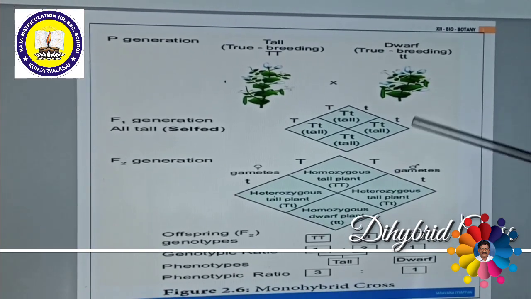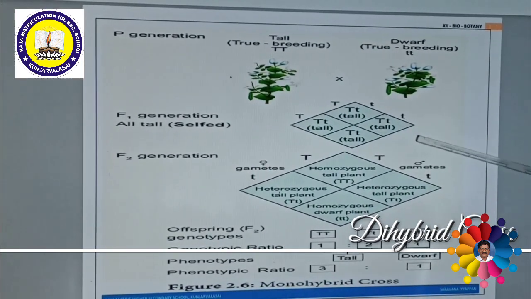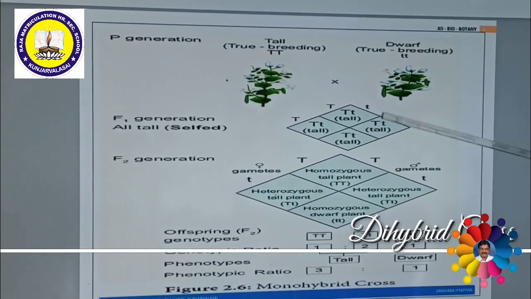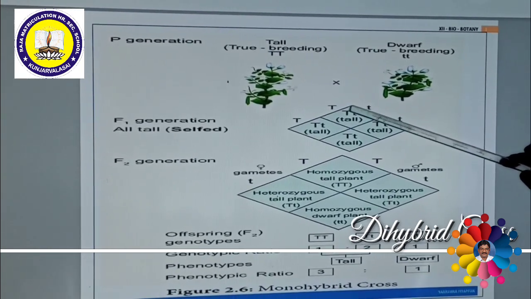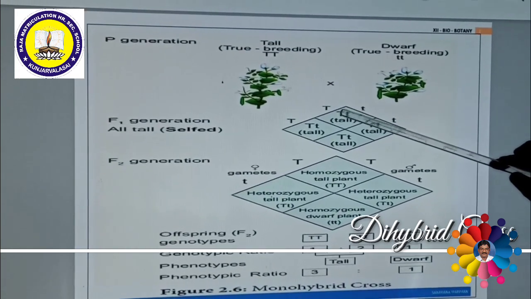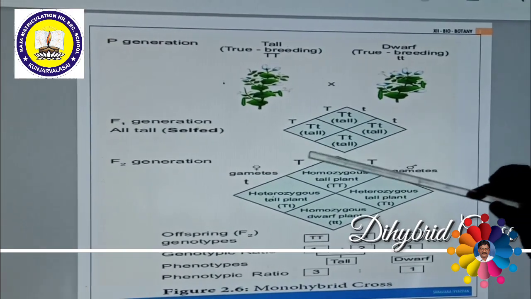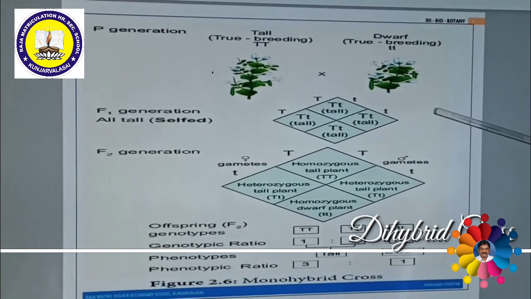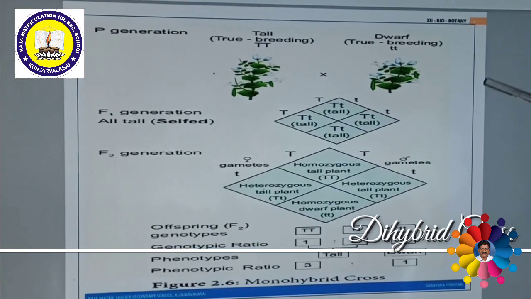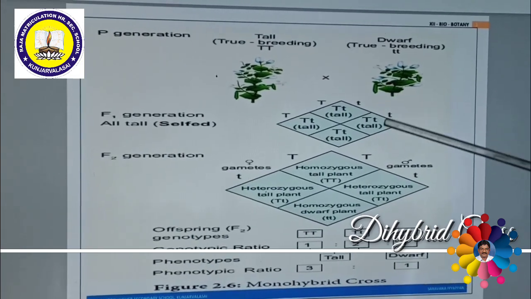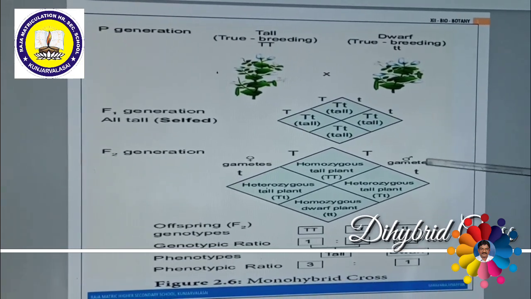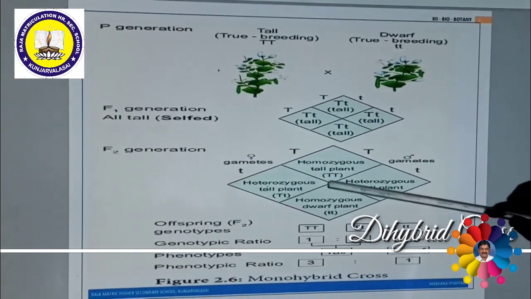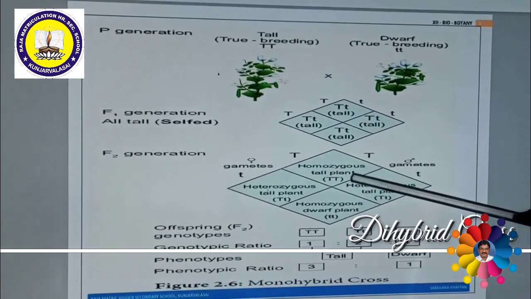For example, now the F1 generation is selfcrossed. That means heterozygous tall is crossed with heterozygous tall. This heterozygous tall will produce two gametes, capital T, one gamete, small t, one gamete. Suppose this is the female parent. Then it is crossed with the other, which is the male. Imagine that is the male parent. It also has capital T and small t gametes. Then we can see this checkerboard. This is called a checkerboard. Then these are crossed together.